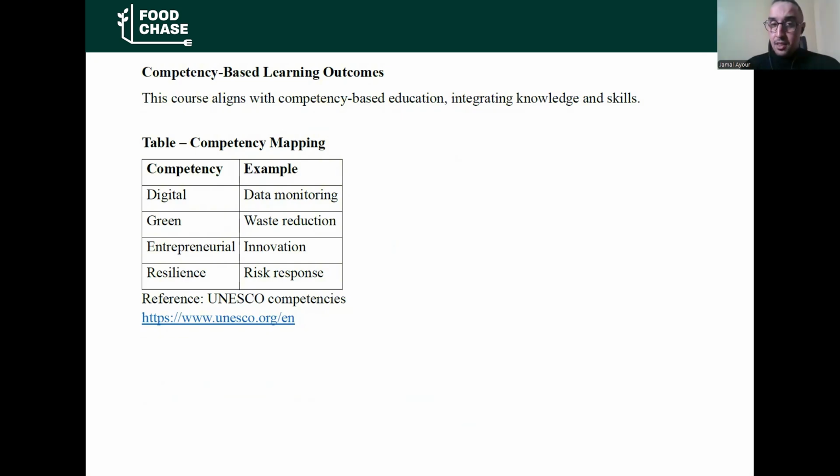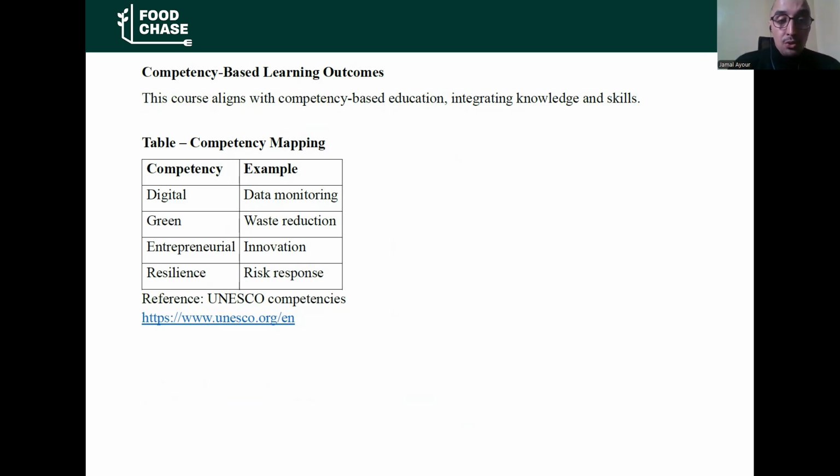About the competencies of digital traceability, different competencies are developed. For example, digital competency: data monitoring, collection of information, and analysis of this data. Green competency: waste reduction and minimizing environmental impact.